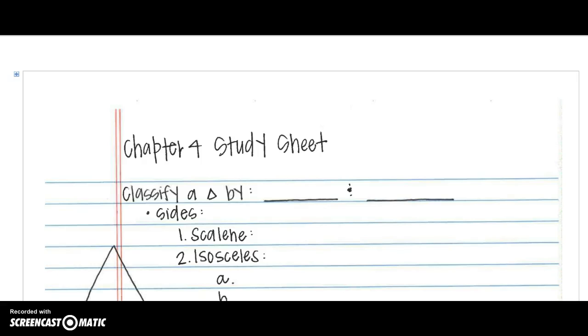All right, this is part 2 of our chapter 4 review. We are just going to review the concepts in this video, starting with section 1, going all the way through section 6. So at the beginning of this chapter, we learned how to classify triangles by its sides